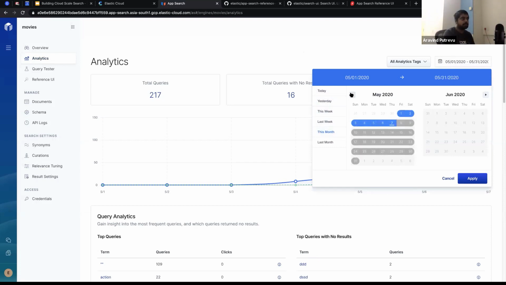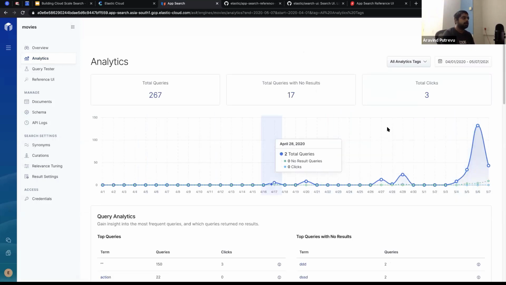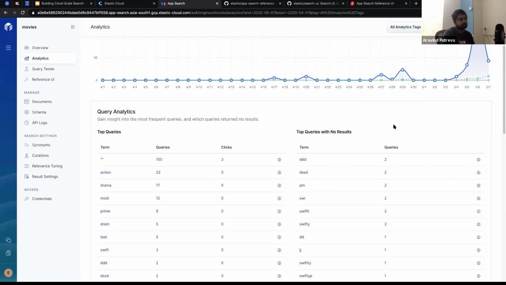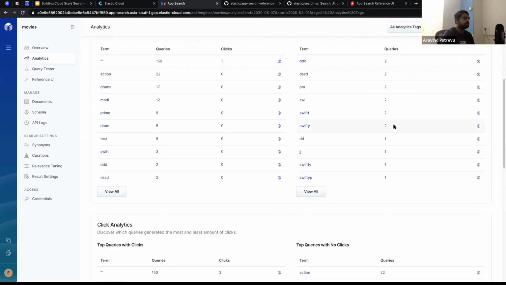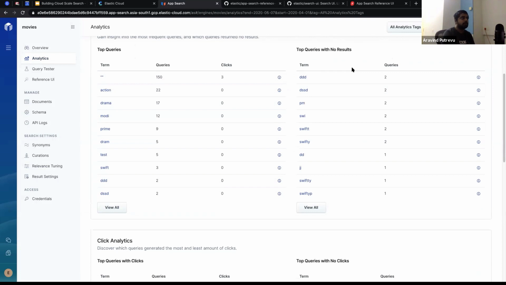Say I have chosen a specific time period, and I could see what sort of searches I have made. And then the top queries, how many times I have searched nothing and searched something, how many times I have queries which don't have any results.